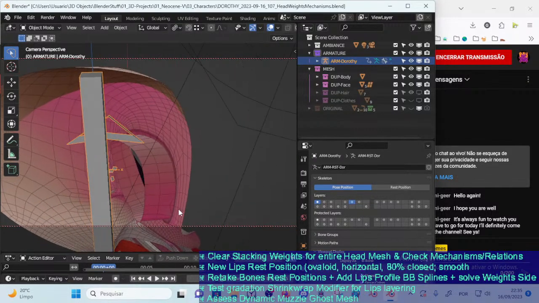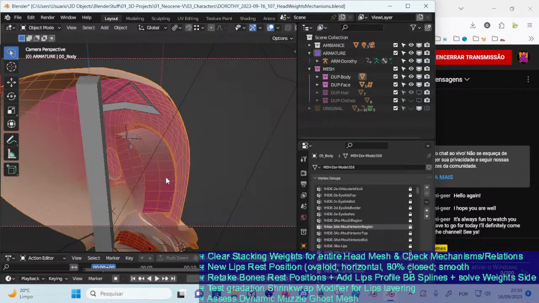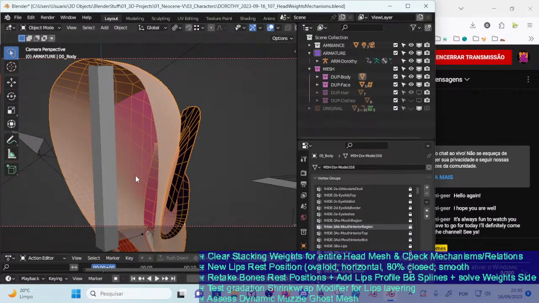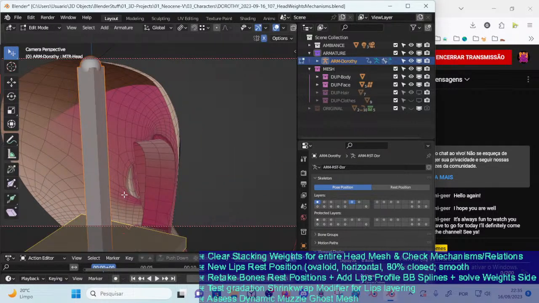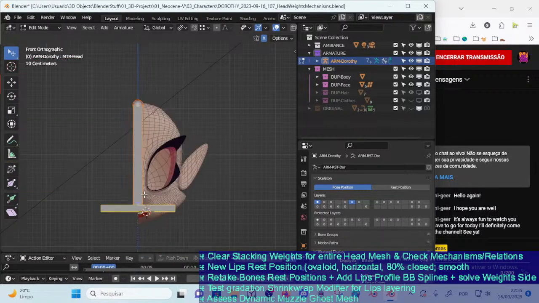In another rig I solved that by having a bone which contains those weights. Technically this is accurate. We could instead add this to the head bone, but this would be isolated. It'll be a bit strange, right? So